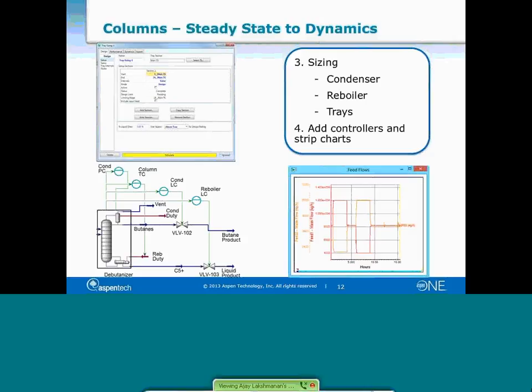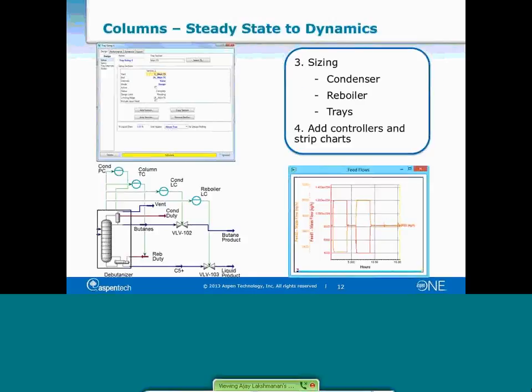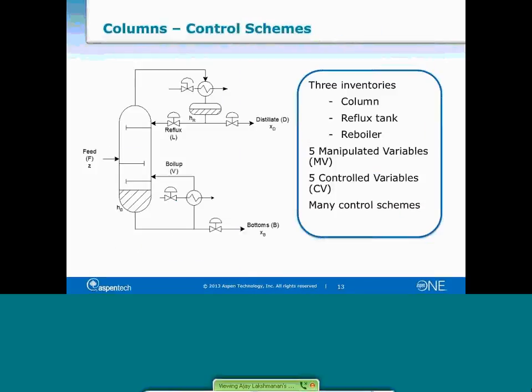To add a controller, you first have to pick a control scheme that we'd like to use. Before I go into what I've picked for today's demonstration, let's just look at a simple distillation column: one feed, a reboiler, and a condenser. There are 3 inventories, as we saw: the column, the reflux tank, and the reboiler, all of which need to be sliced. There are 5 manipulated variables, which are the feed flow, the reflux flow, the boil-up flow, the distillate flow, and